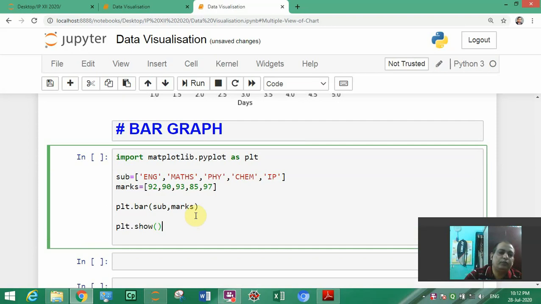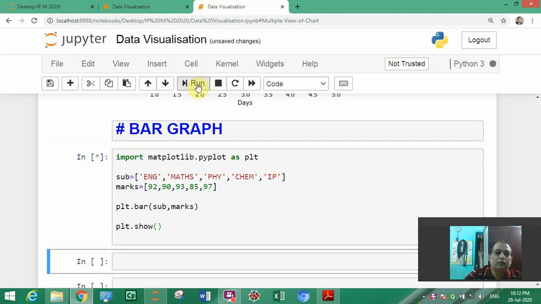First we will see the output of the graph. So run and see what is coming.